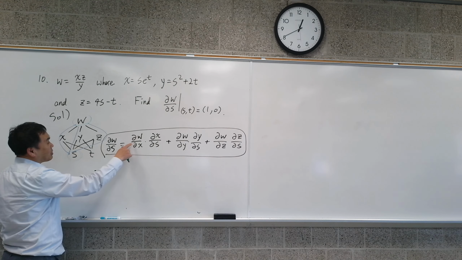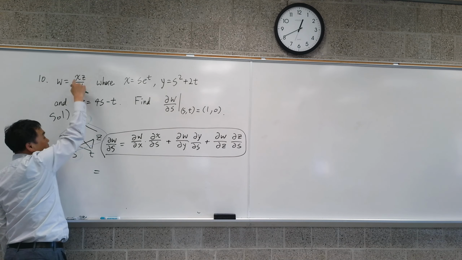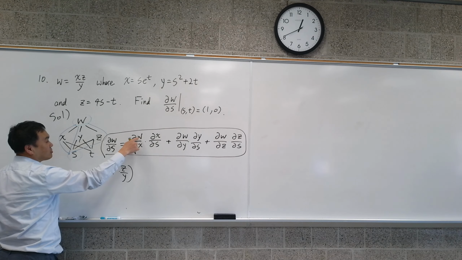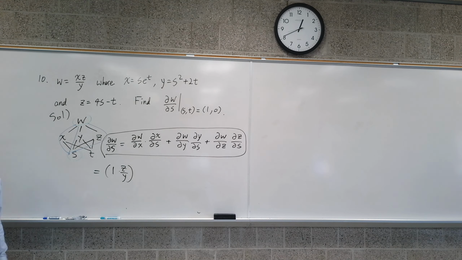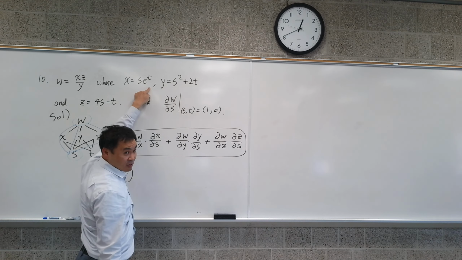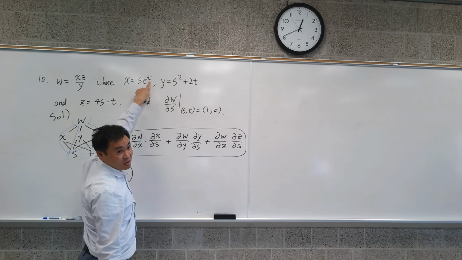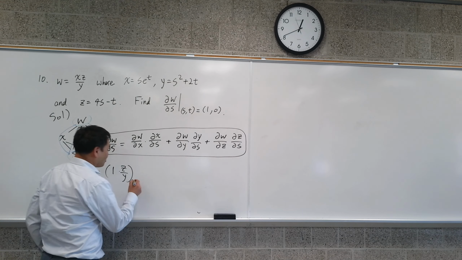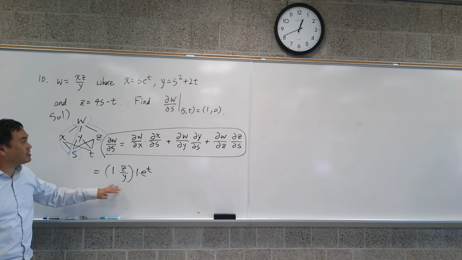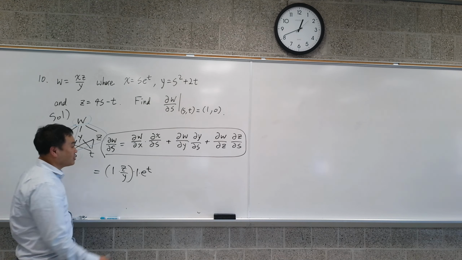These are individually not that bad. If you differentiate W by X, because Z and Y are considered as constants, it simply gives you 1 times Z over Y. That's the derivative of W with respect to X. Now, what is the X differentiated by S? If you differentiate this by S, you get? E to the T is considered as a constant, right? So you're just differentiating the S, which just gives you 1. Very easy. This is a lot easier than plugging all this into the function and differentiating. That one would be horrible. This is a lot easier. Plus,